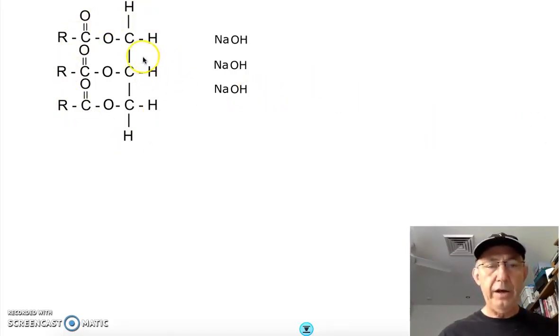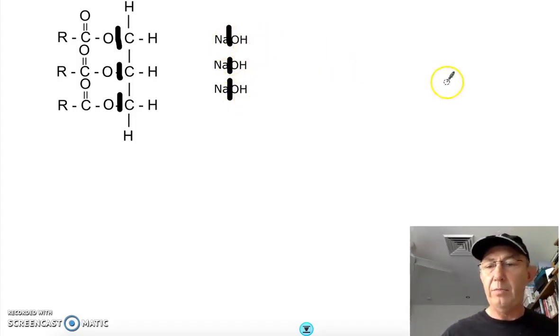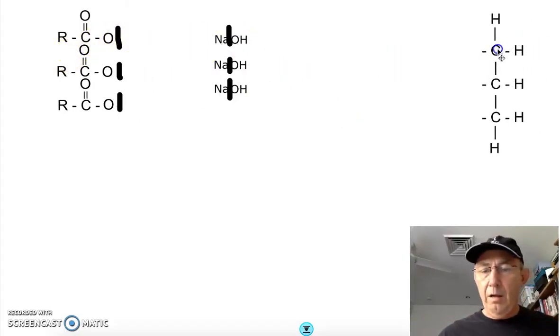Here is my triglyceride, which I'm going to now react with 3 sodium hydroxide particles. And so what's going to happen is the reaction is going to break these bonds here, and it's going to break the, well, there's no real bond between them because they're floating around in water, but it would break apart the sodium and the hydroxide. So now what happens is my 3 carbons are still together, and what they will now join to are 3 OHs, and so we'll make